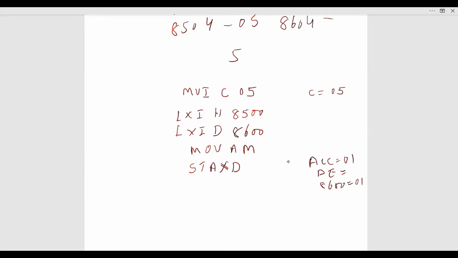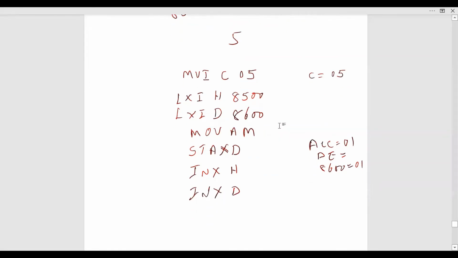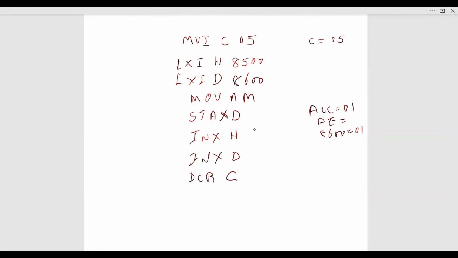Now we need to move to the next memory location. For that, increment H. Now the HL pair will be pointing to 8501. Similarly, increment the DE pair and the DE pair will be pointing to 8601. Now, we have to check the count because one number has already been transferred. So, decrement the count. Decrement C. If the count is not equal to 0,